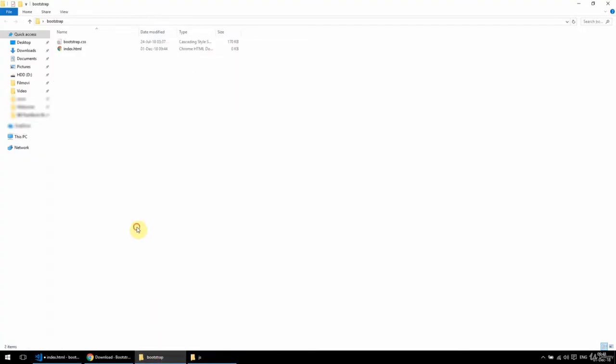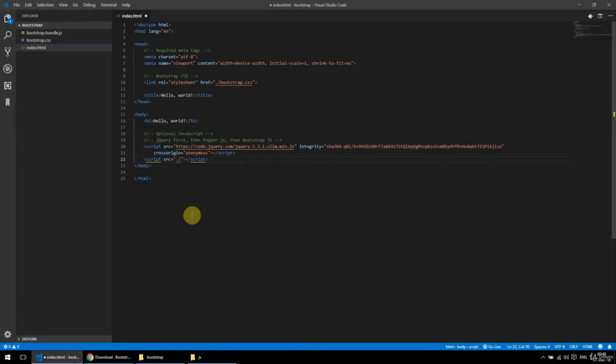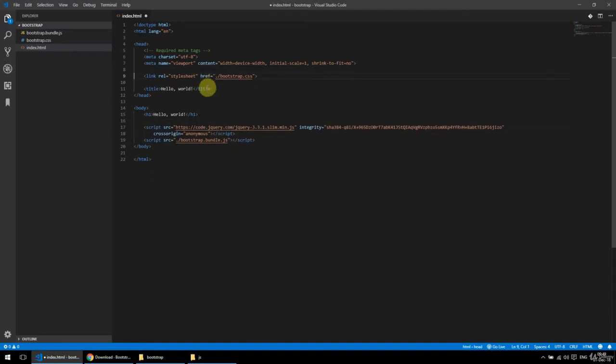And let's see, I didn't paste it in here. Okay, so Bootstrap bundle.js. And that should hopefully do it. I'm gonna get rid of these comments as well. I'm just gonna leave this required meta tags comment because it's really important to have these 2 meta tags.